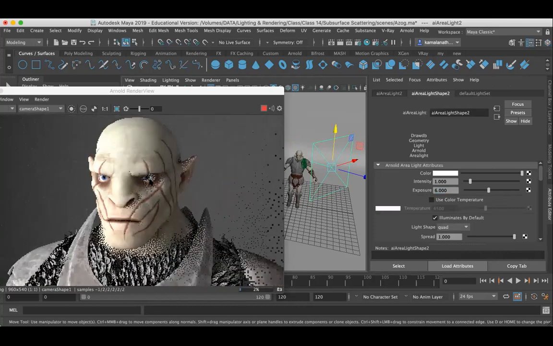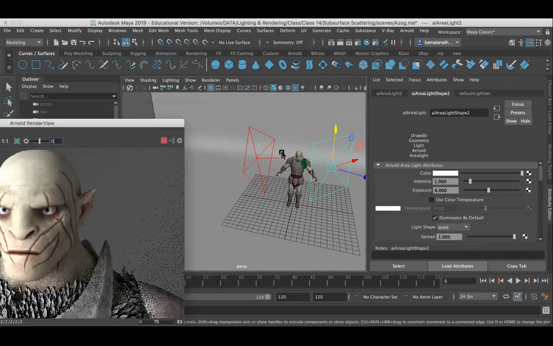I don't want so much. This is just a key light, and this is a fill light, and I will add a backlight.